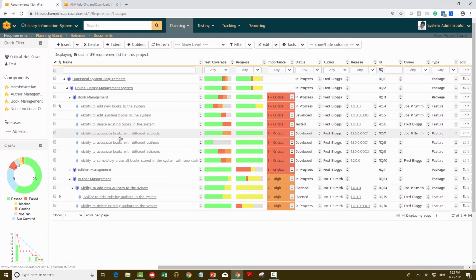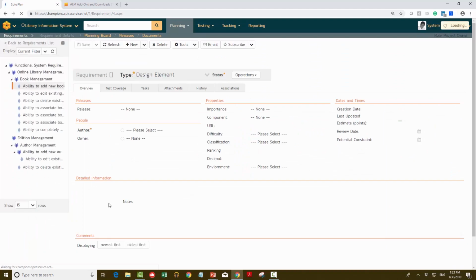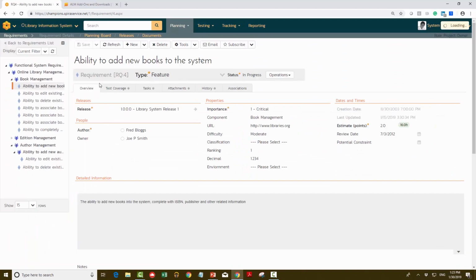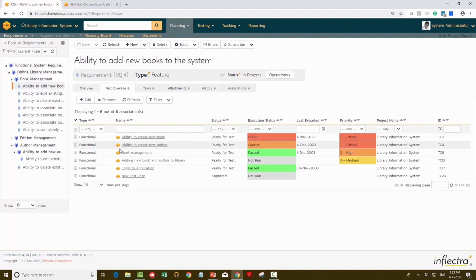When you look at each and every one of those things, I'm going to click on something randomly. All these things are hierarchical in nature, and so we are looking at this. Right from the requirements, I'm able to actually tie to a test case. What are the test cases this requirement is mapped to? That information is right there, so you are able to see the traceability between requirements and test cases. And when you do the same thing from the test cases perspective,